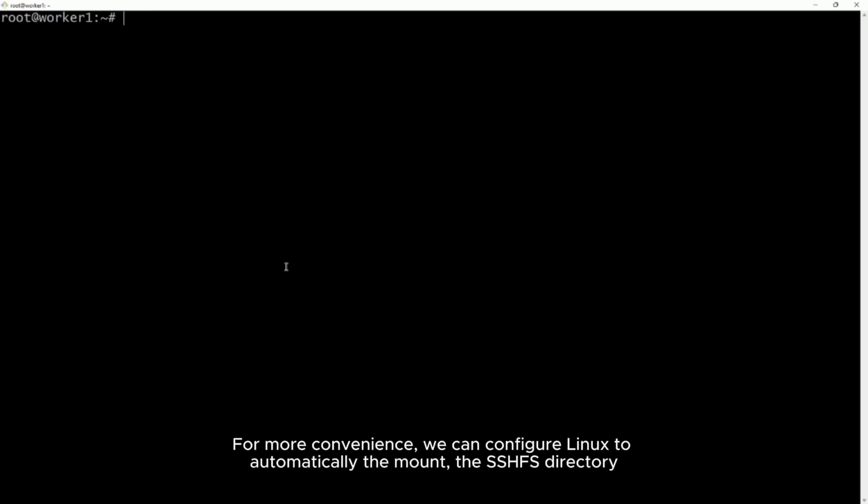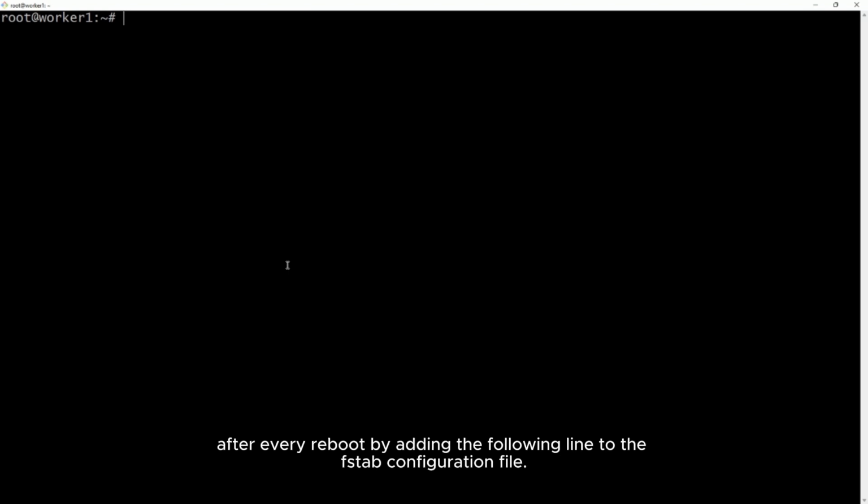For more convenience, we can configure Linux to automatically mount the SSHFS directory after every reboot by adding the following lines to the fstab configuration file.